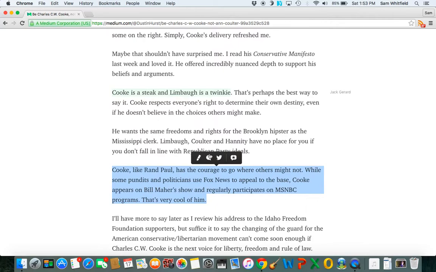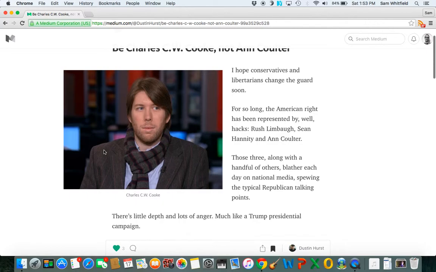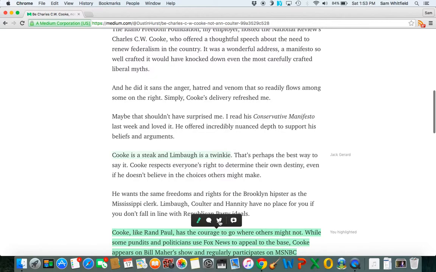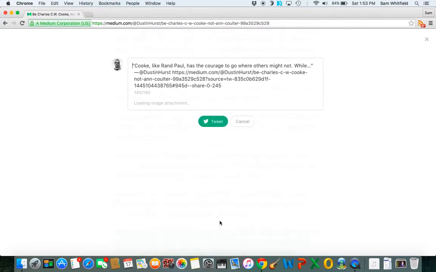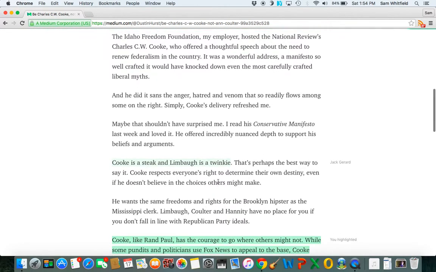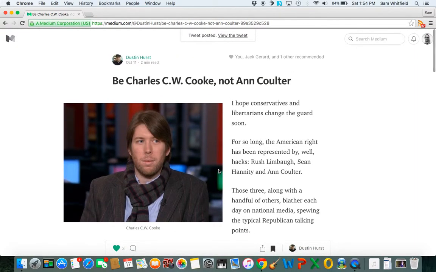Now, if I respond to it, it brings up the editor, and I can basically start writing an article. For right now, though, I'm just going to highlight it. So that's what a highlight is on Medium, and it's super important that you guys use this, and it's really awesome too. In fact, I'm going to tweet this out too, just because it's so great. So I just did that, as you can see. So those are highlights.